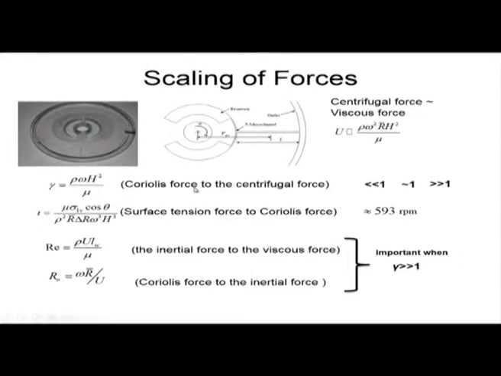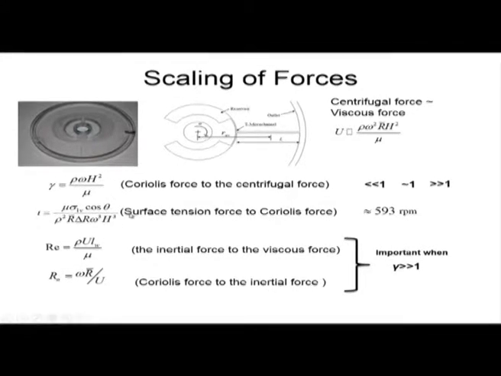So the Coriolis force to centrifugal force ratio is the key parameter for mixing, because centrifugal force tries to move the fluid radially outwards, while Coriolis force tries to give it a transverse directionality. Now you may say that in the Coriolis force there is a u, omega cross u or v relative, so where has that u gone? Basically, this u has been substituted. So you can write this entire thing in terms of omega.